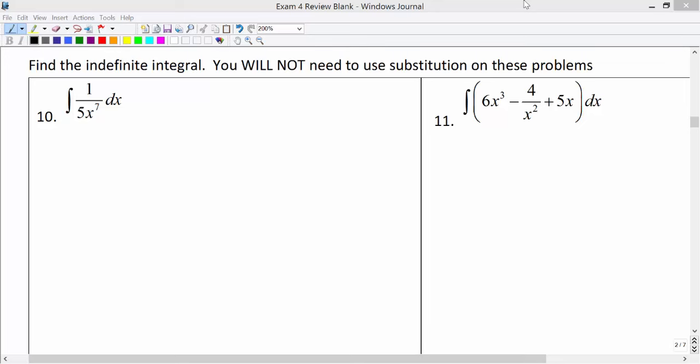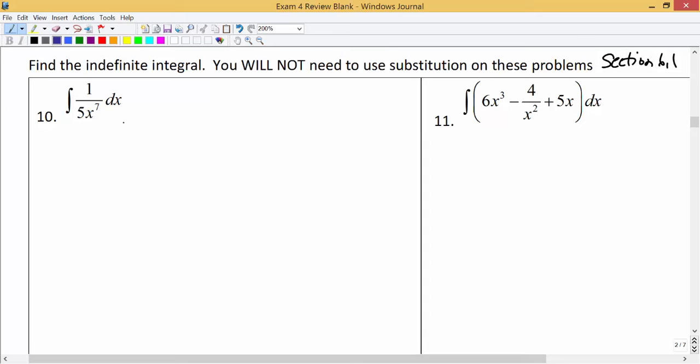All right, find the indefinite integral, and I give you a hint. You will not need to use substitution on these problems. So these are problems that are similar to problems that would come from section 6.1. So straightforward integration. So the first thing that I'm going to do with this integral, 1 over 5 times x